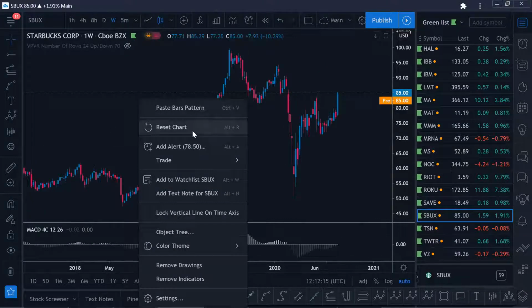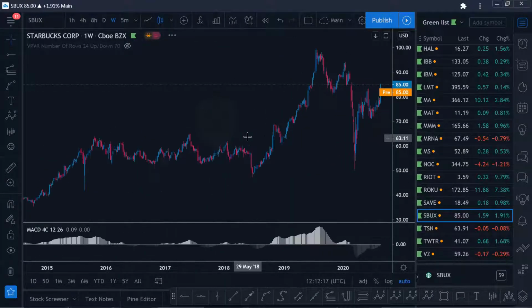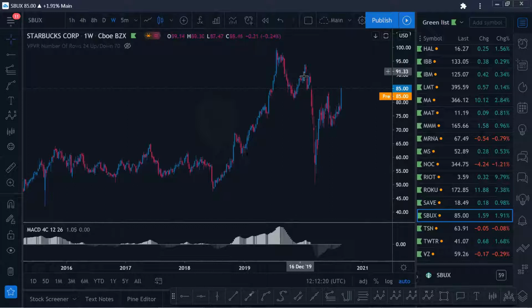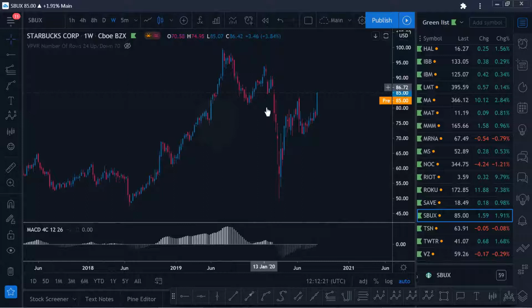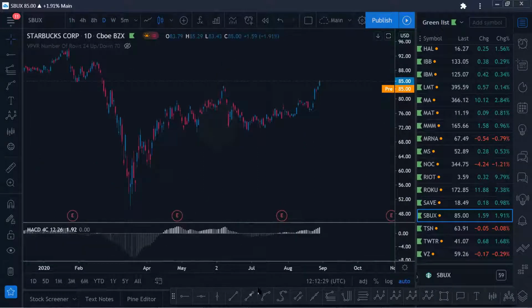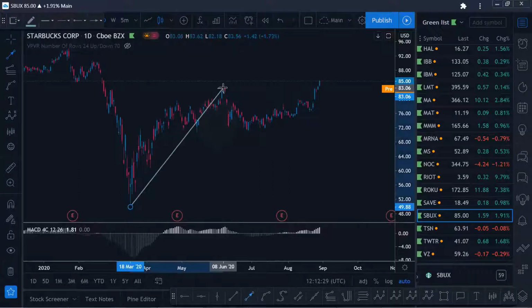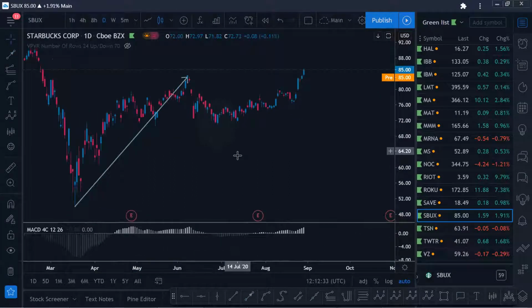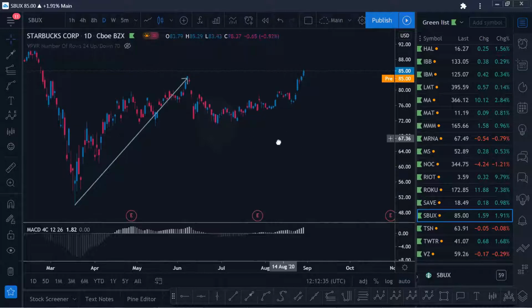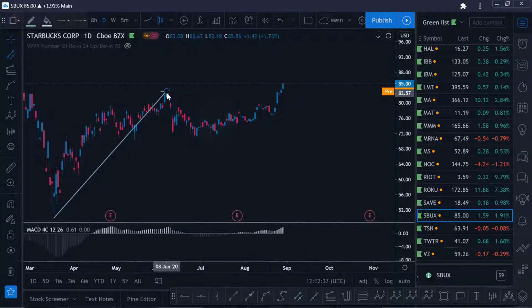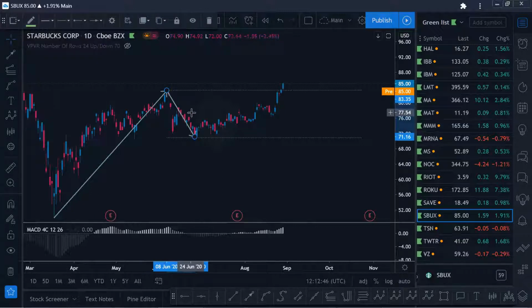Starbucks, zooming out, I noticed an opportunity. You see, same thing. We have what looks like a very clean zigzag correction. Not much to it, but following that is a really strong impulse off the lows. We then had a crossover on the daily. So one of the rare stocks on the S&P that has a daily crossover, which means we're looking at this as a potential corrective structure, where we see this as an A wave,